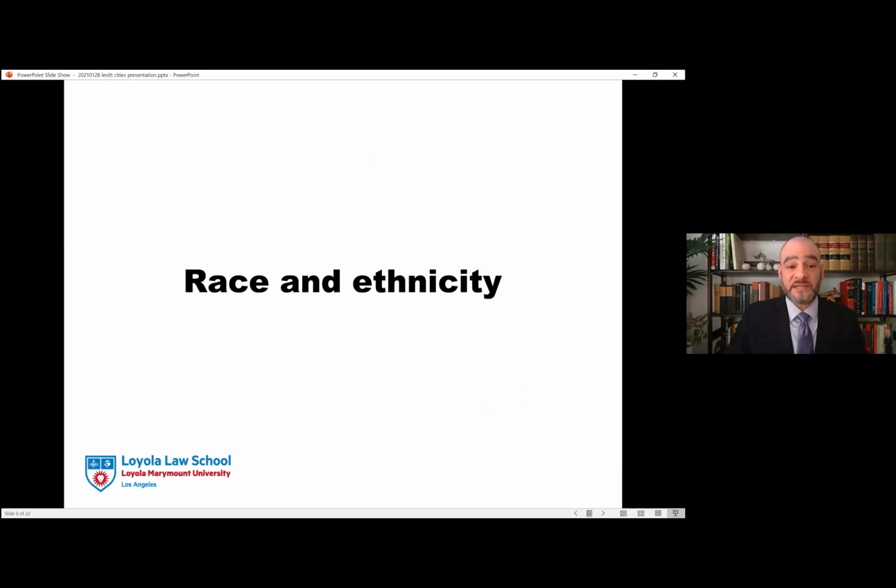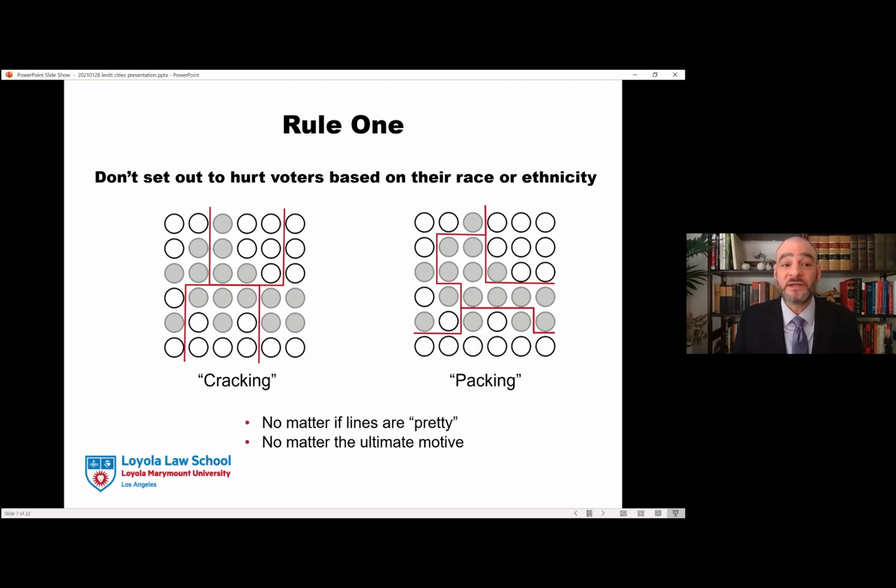Another reason to have this flexibility is to be able to account for rules on race and ethnicity. I've tried to distill this to 3 simple rules, even though this could go on for a lot longer. Rule 1, don't set out to hurt voters based on their race or ethnicity. Don't intentionally crack up minority populations so they're dispersed to a lot of different districts. Don't intentionally overpack minority populations so they're almost all of one district but tokenized with a bleached influence outside of